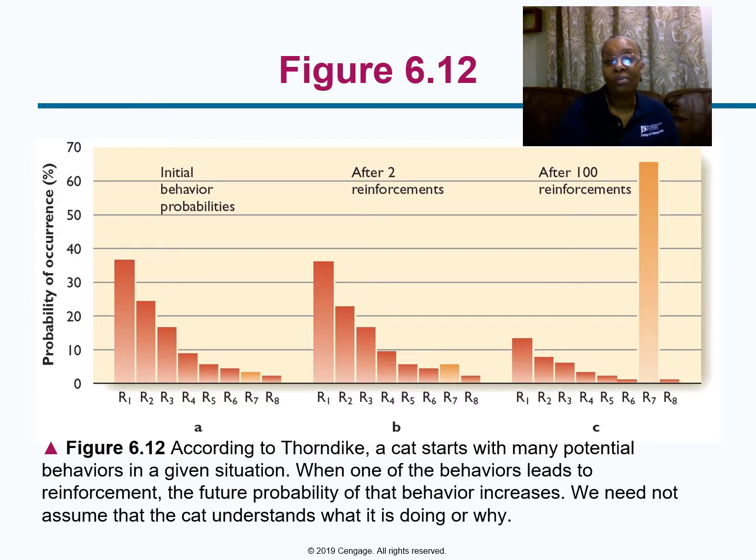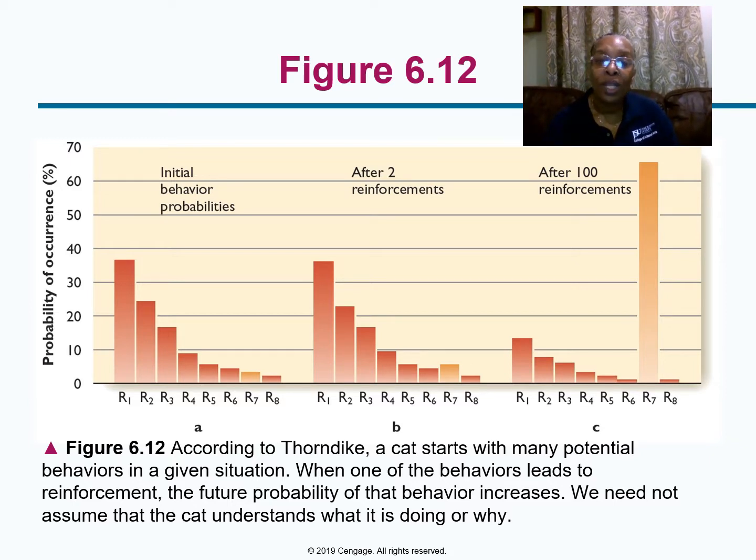Now, cats learned to make whatever response opened the box, particularly if the box opened quickly. They learned this through trial and error. So when the cat had to tilt a pole to escape from the box, it might use its paw, or gnaw at the door, scratch the walls, or pace back and forth. Eventually, it bumped up against the pole, and guess what?